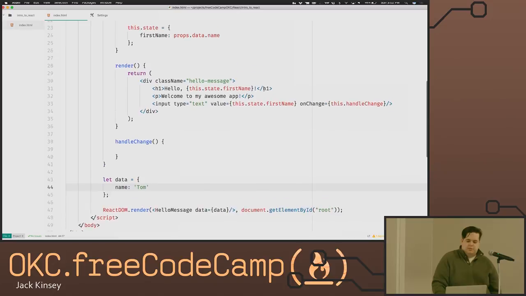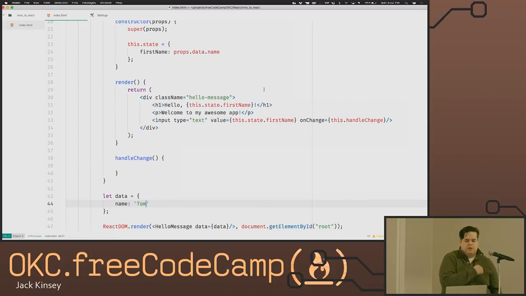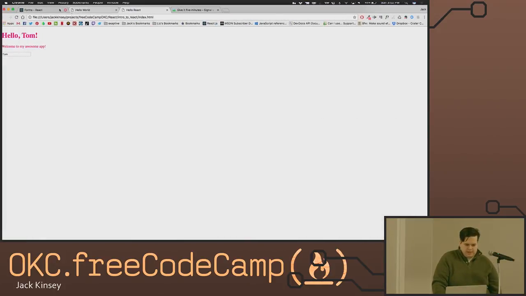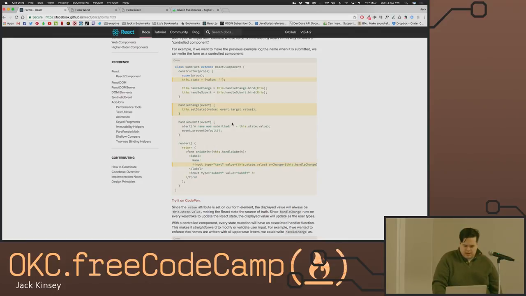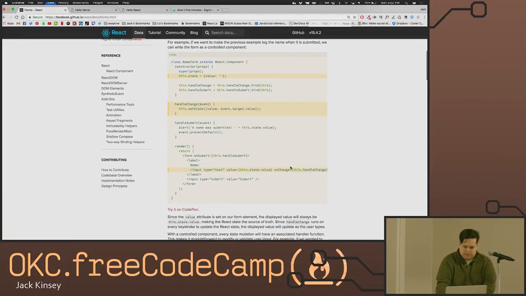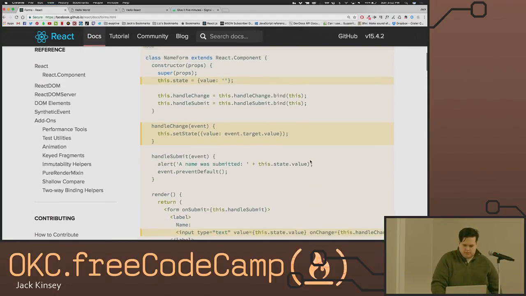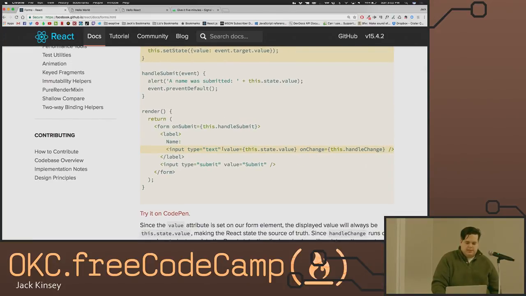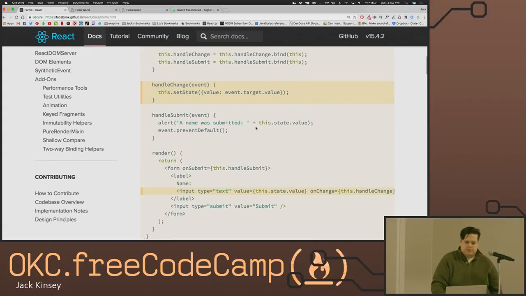So now we're no longer relying on props to be where we're getting the information. We're using props to initialize our state, and then we're using the state to get all our information for our component. So then if I go back, I need to double check this again. Yeah, so what I'm doing here, let's see if I can blow this up a little bit. What I'm doing here is I'm saying, okay, so we have input, type text, we've set the value, and we've initialized it to the state, and then we have onChange, this.HandleChange. So that's going to be referencing this HandleChange